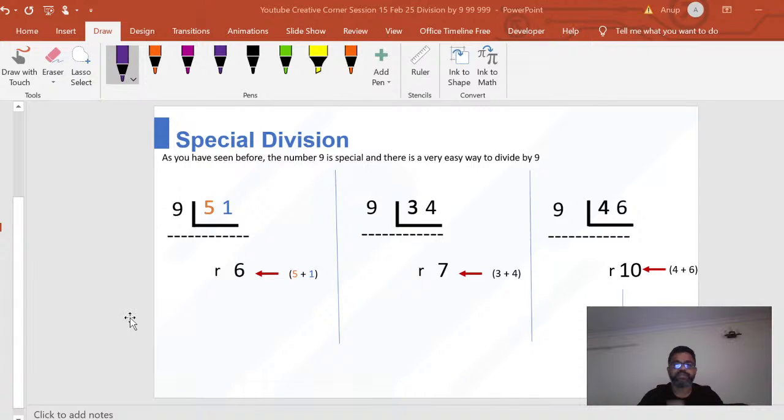Yeah, so this is okay. This was my other slide in which you have division by 8 as well. If some of you remember, the same thing continues for 8. You bring 3 down, but this time when adding the remainder, you multiply it by a 2 and then add it, right? That's what you do for 8. And for 7, you multiply it by a 3 and then add it together. So that's how you get your remainder. So here the quotient is effectively 3, and your remainder is 3 into 2 plus 1.